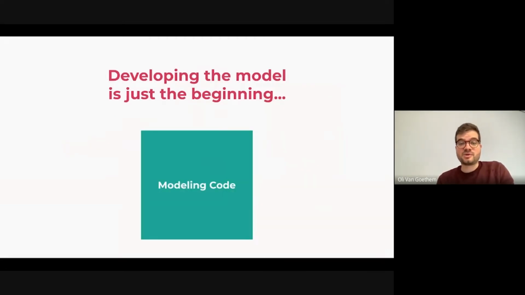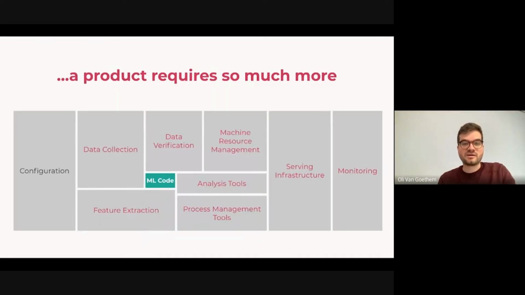But the thing is, developing machine learning is quite easy. Everyone says, oh, I can easily create an ML model, write a couple of lines of code, and I've got something working. But the reality is, I think there's a stat which says that up to 20% or 30% of organizations never go beyond the stage of a POC. They build this awesome machine learning model as a POC. Someone has done it in a development environment, but they don't productionize it. And the reason for that is because running machine learning in production requires a lot of different moving parts. It's not just writing your machine learning code. You have things like data verification. Is the data not changing over time?